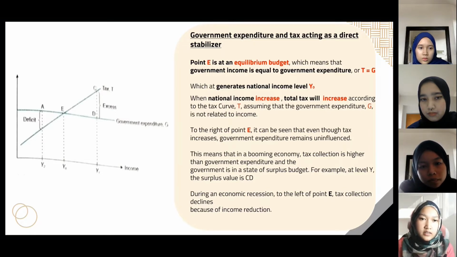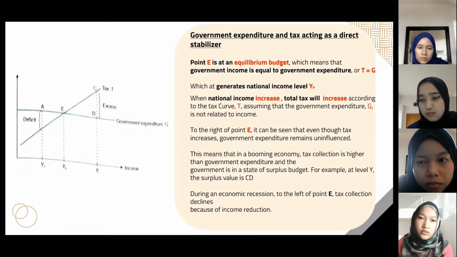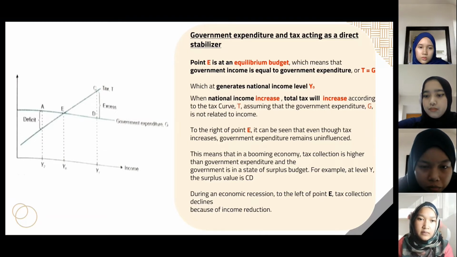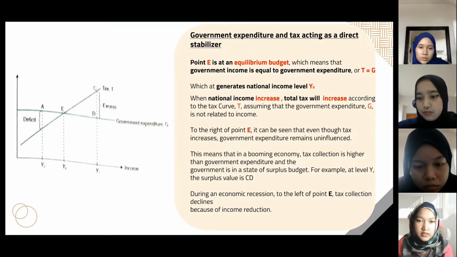Point E is at the equilibrium budget, which means that government income is equal to government expenditure, which generates national income level Y. When national income increases, total tax will increase according to the tax curve T, assuming the government expenditure G is not related to income. To the right of point E, it can be seen that even though tax increases, government expenditure remains